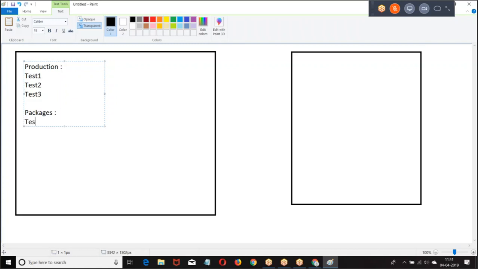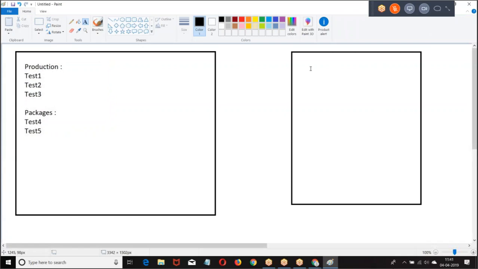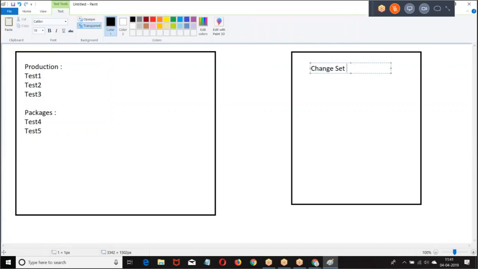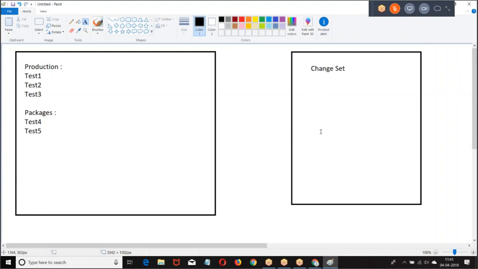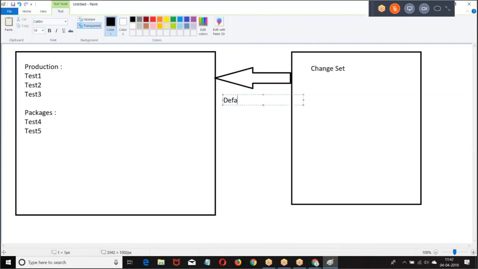So I have test class 4. Now this is a change set. In the change set, there are no test classes. Then when I validate and if I select default, what is the option you have selected?